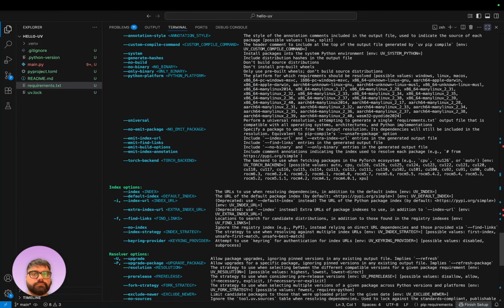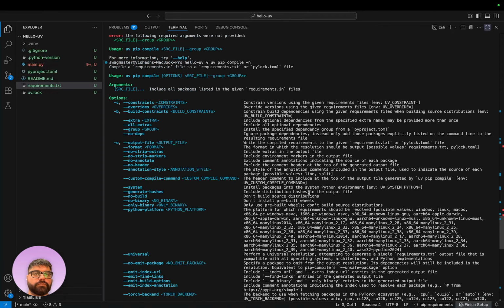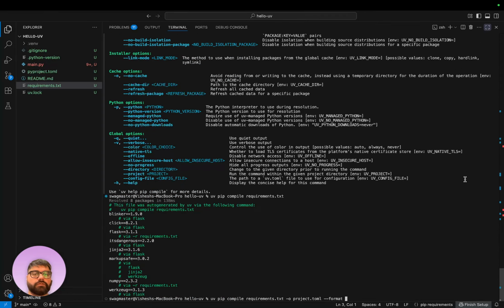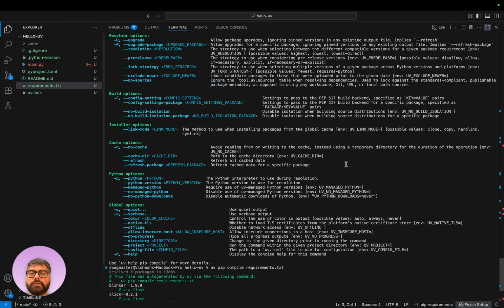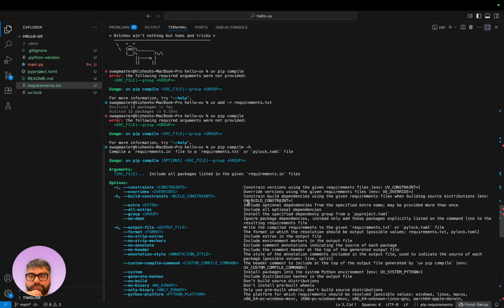It was requirements.txt or pylock format pylock.toml. Let's just read the UV compile docs.